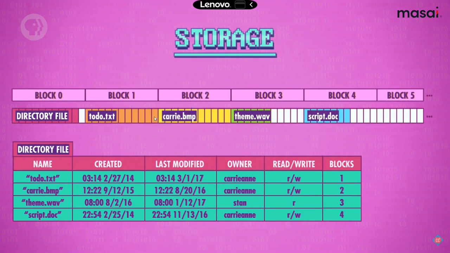In that case, we will allot the next free block. Block 2 is already assigned, block 3 is already assigned, block 4 is already assigned. Block 4 contains script.doc, and block 3 is the space of theme.wave. But block 5 is empty. So we will put the extra data of 2.txt in block 5. Now you can see that the extra data of 2.txt is put in block 5, and also we are